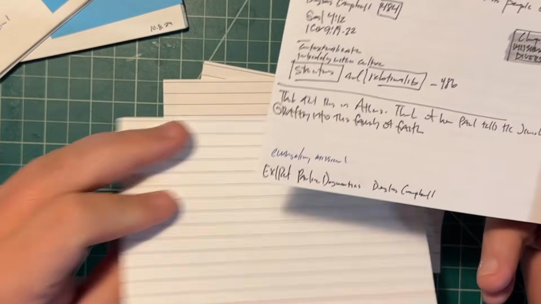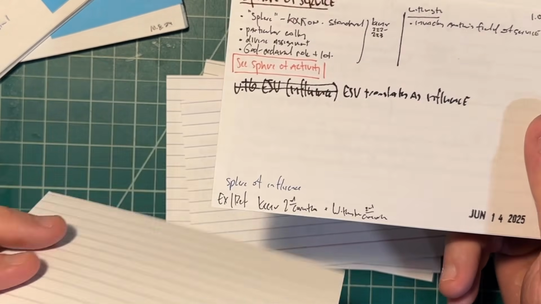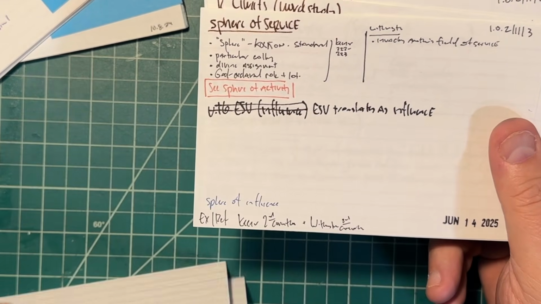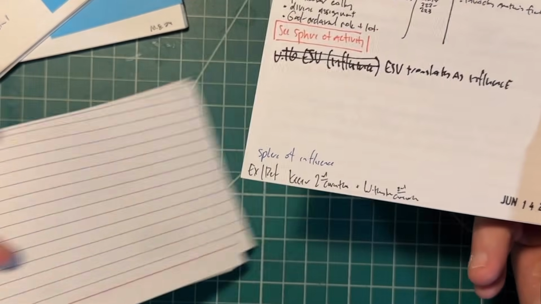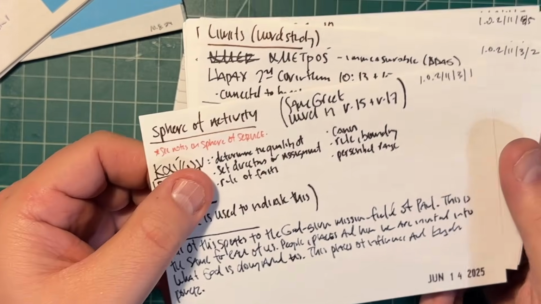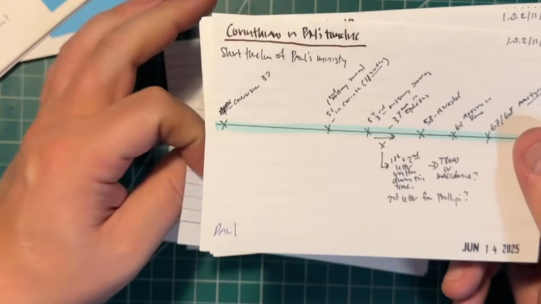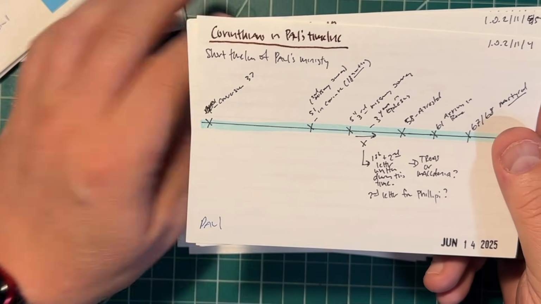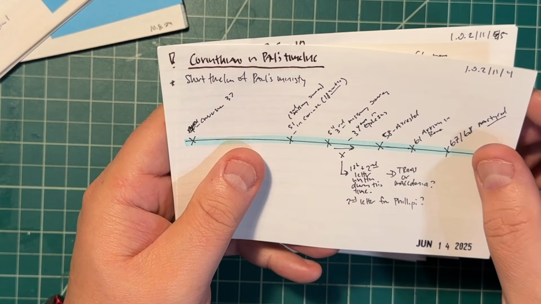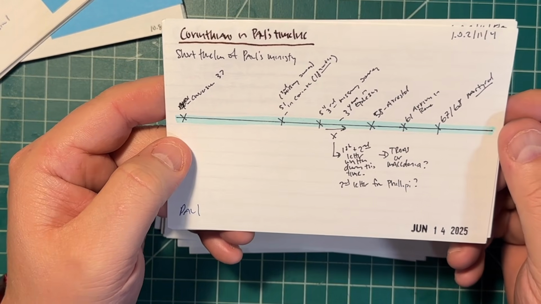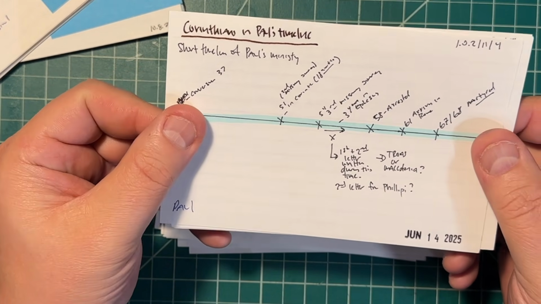So I've got notes, some more supporting information on that. Then number 3, sphere of service. Yet again, that shows up on the sphere of service. And so we'll just kind of flip through that. And you see I'm doing some more word study and some things like that. I realized that I needed some just broader supporting information. Corinthians and Paul's timeline. When did Paul write 1st and 2nd Corinthians, and where did he write it from?